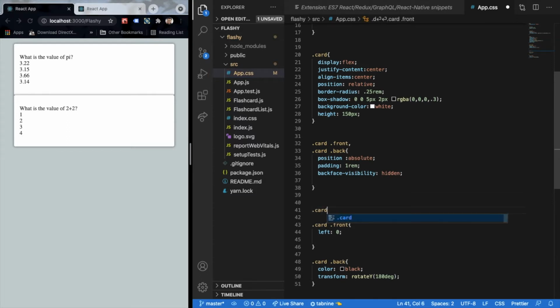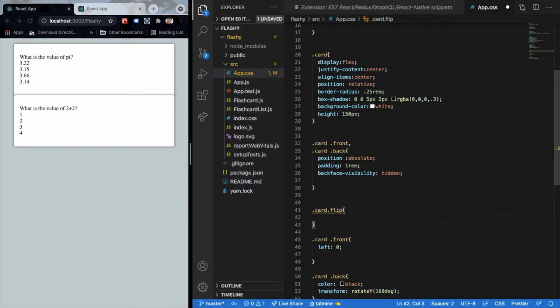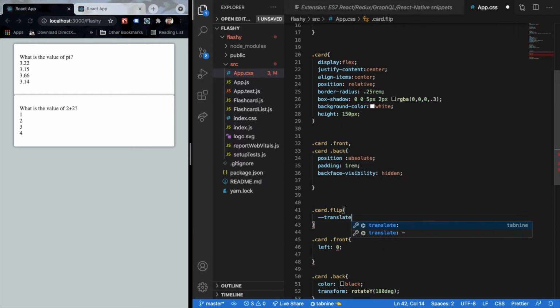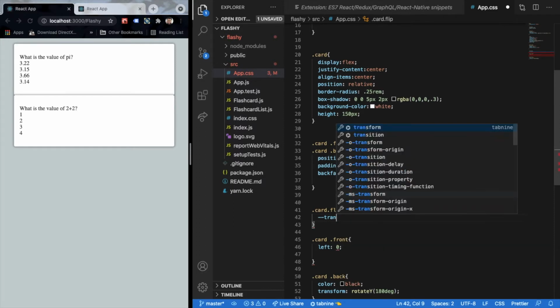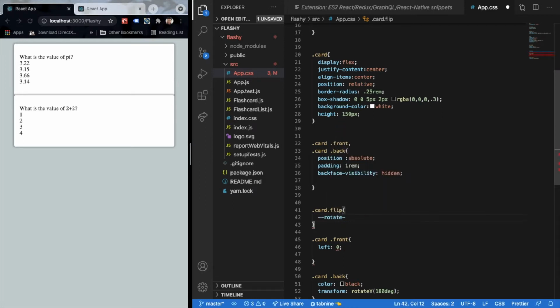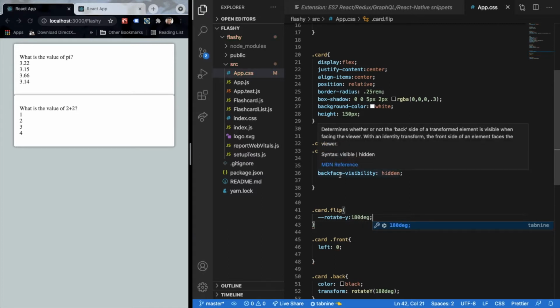So I'll say card.flip, make sure there is no space in between. And then I will add a variable over here, translate. Okay, let's not add translate since we want to rotate it. So rotate y, and let's make this 180 degrees. So our first part is complete.